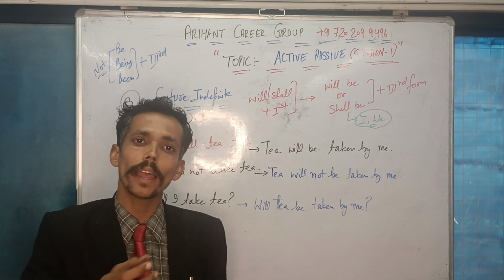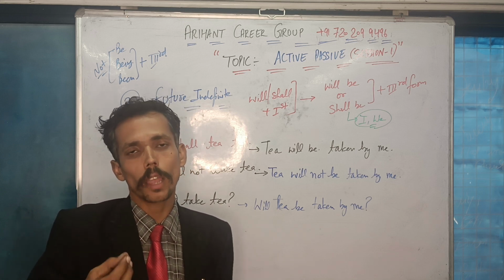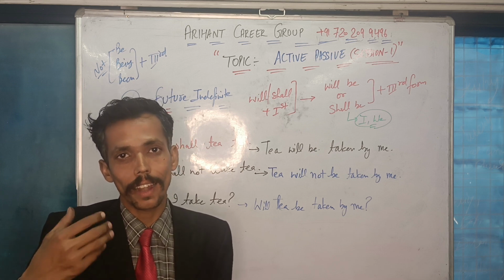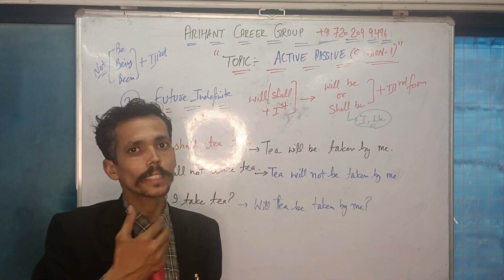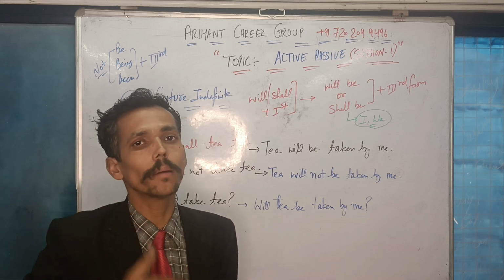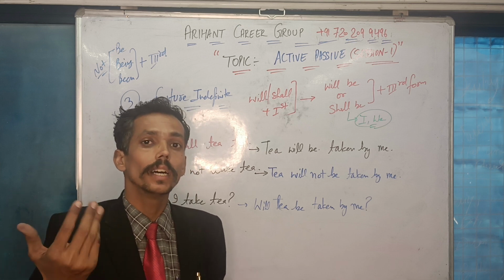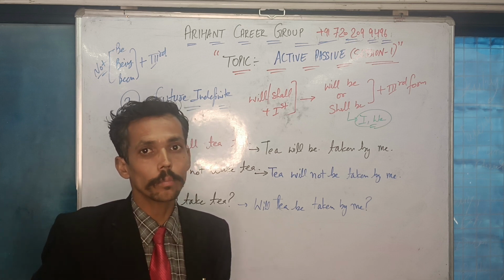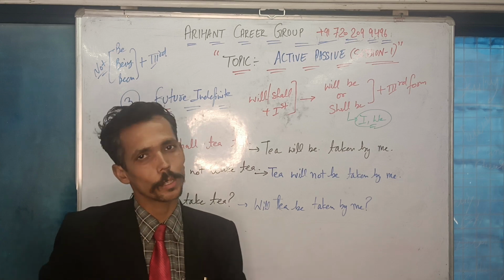Now please note down that whether it was shall in the question doesn't matter. It depends completely on the subject that was earlier your object, because your object becomes a subject. If I say that I should take tea, tea becomes your subject here. So according to tea, I cannot use shall be, because shall be comes with I and we. So here I'm supposed to use will be. Accordingly, you should understand and make necessary notes.